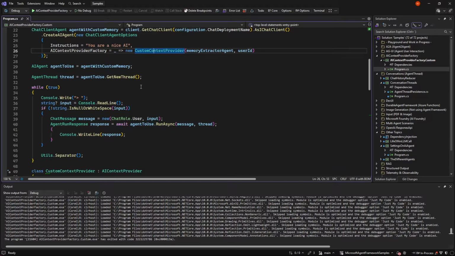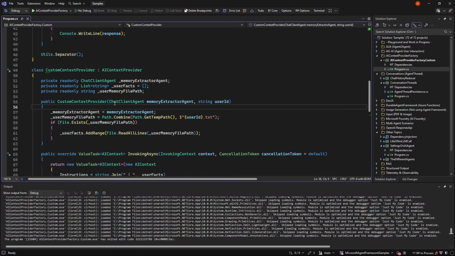But this one is special in that it receives an agent and it receives the user ID. And what I do here is I tell that this user's memory is in this specific file in my temp folder.